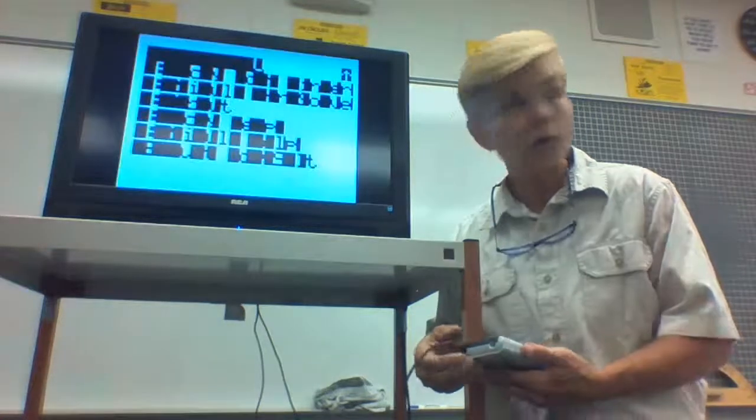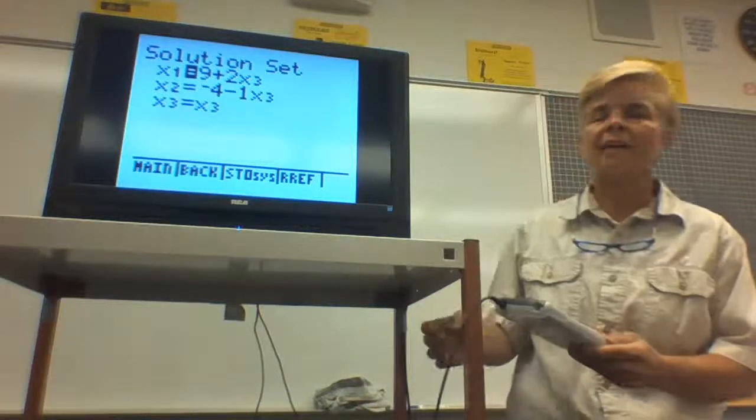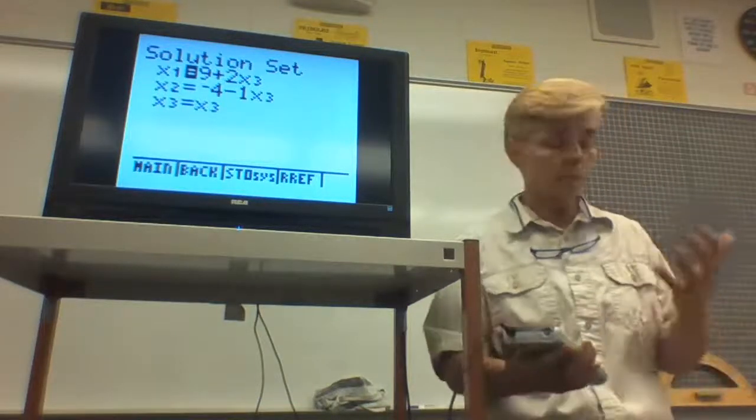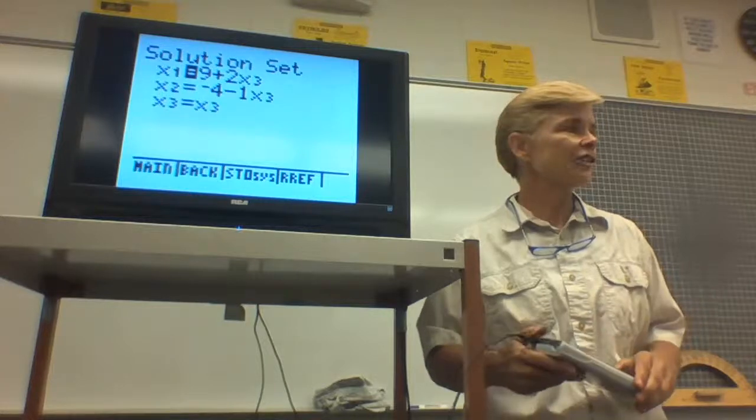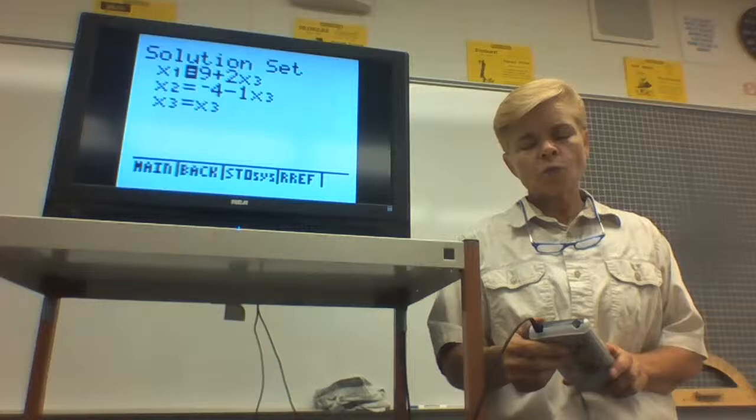Okay, I'm just going to go ahead and show you the answer because I'm kind of running out of time here. But if you put that in the calculator, the way you know how to put those in the poly simulator, this is the kind of solution that comes out. It is x1 is